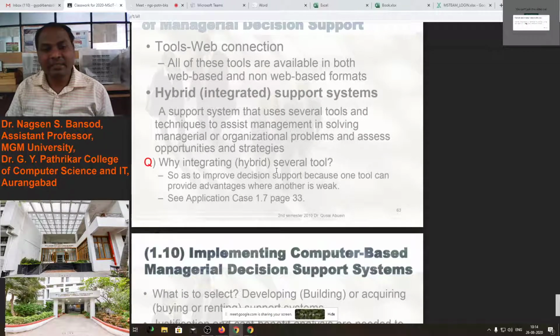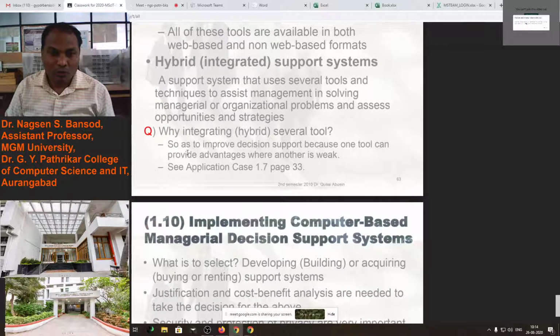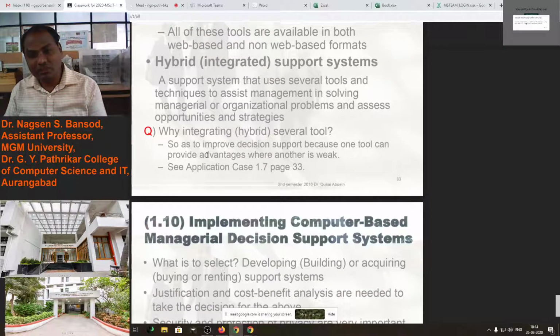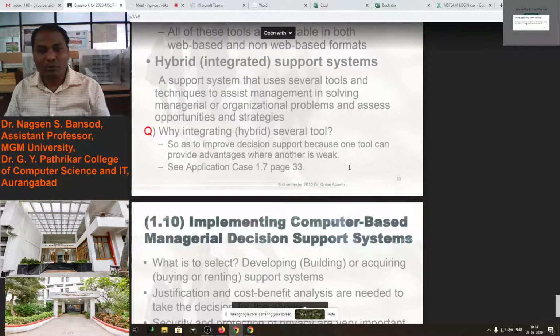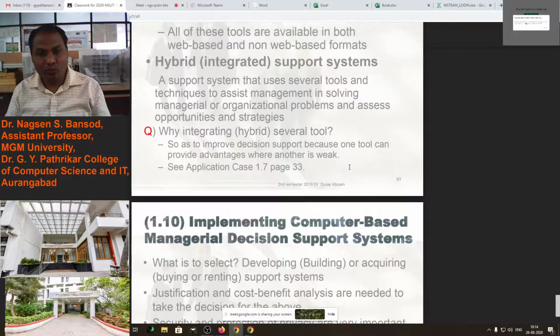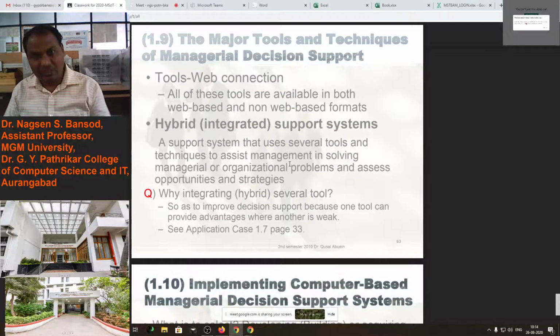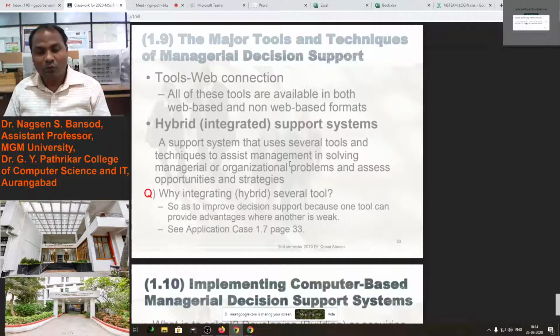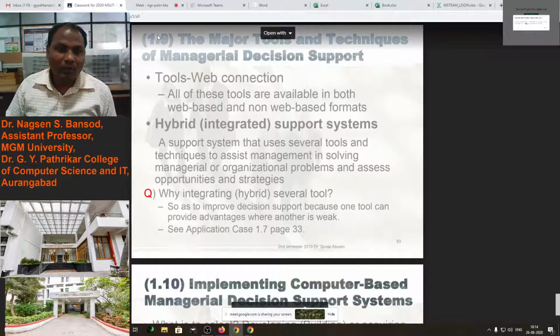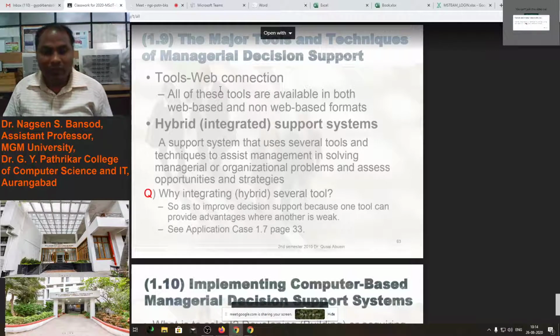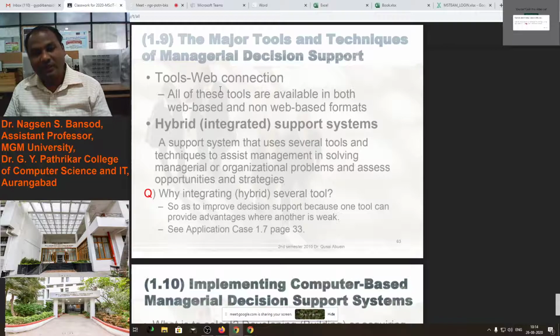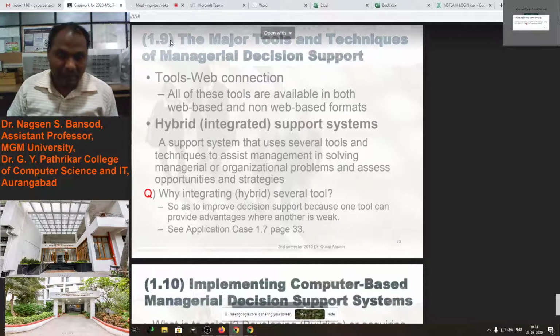Why hybrid integrated several tools? So as to improve the decision supports, because one tool can provide advantage where another is weak. Sometimes suppose there are various tool we have to use, hybrid tool we have to use to perform our task. Why? You see, suppose one tool will not work, then instead of that we can use another tool.